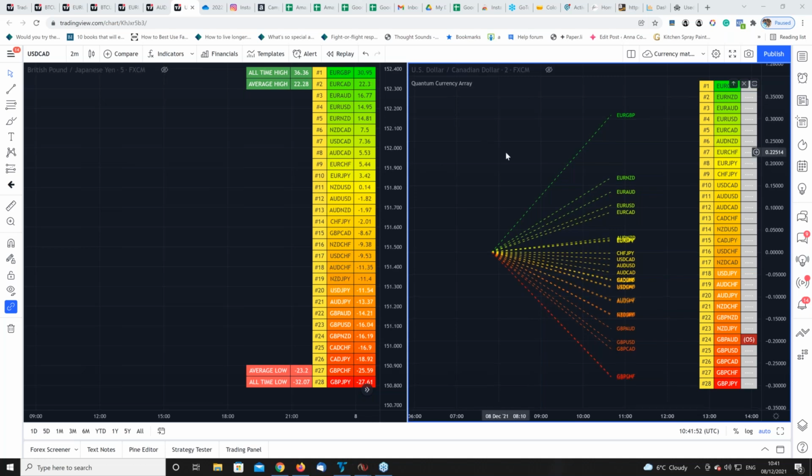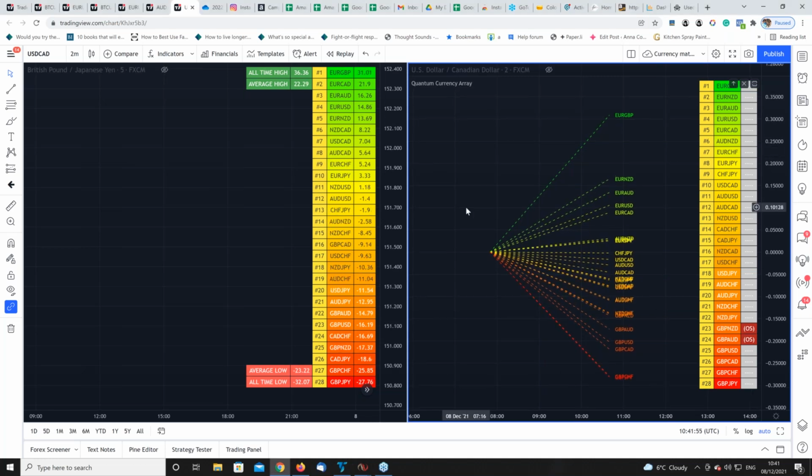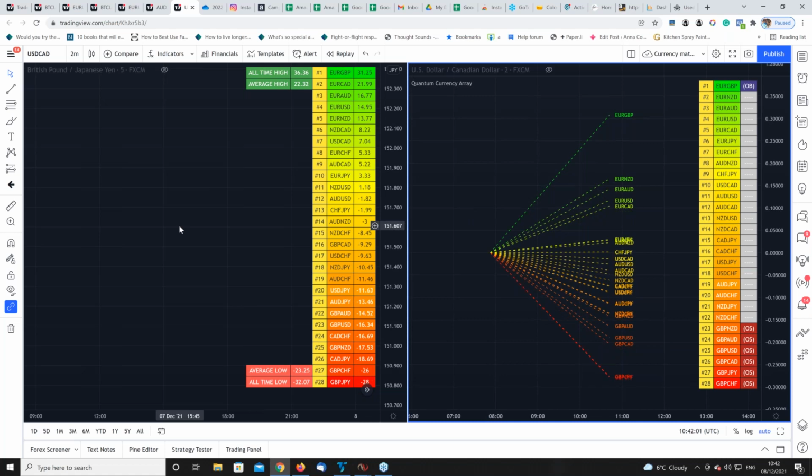So the difference between the two is to do with the look back period. On the currency matrix, the look back period is very short, whereas on the currency array, it is longer. I think off the top of my head, on the matrix it's 7, and I must admit, I can't remember what it is on the array. So basically, you can imagine these the same way as we explain the trend indicator and the trend monitor indicator. The trend indicator works very close to the price action, and therefore changes in trend react very quickly. The trend monitor takes a more considered view. It reacts more slowly.